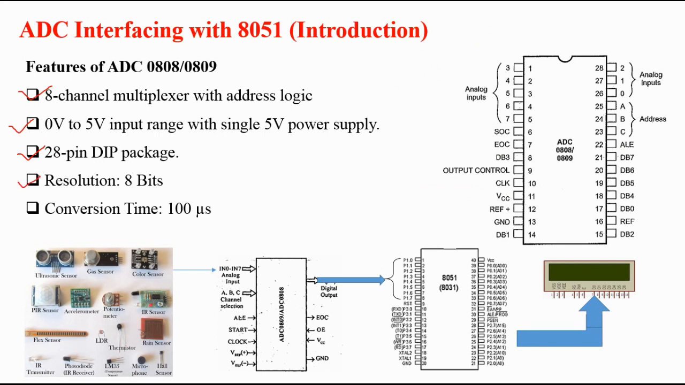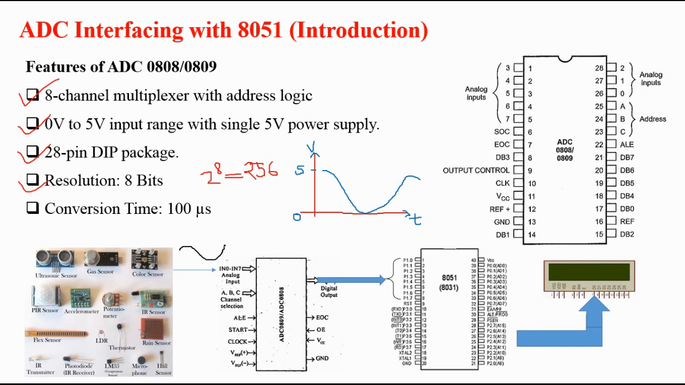Then it has a resolution of 8 bits. So if you calculate 2 raised to power 8, it becomes 256. It means that the 0 to 5 volt varying voltage available at this point, the varying voltage of the sensor, will get divided into 256 different amplitudes, or 256 pieces. Fine. So 0 to 256,